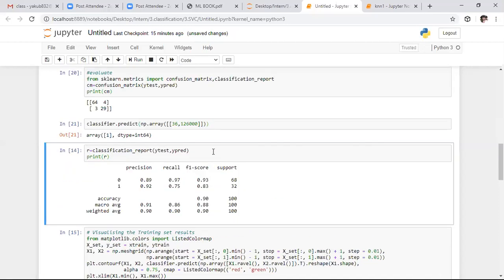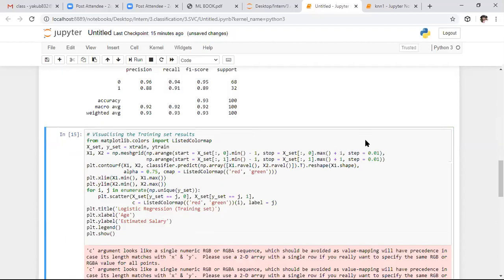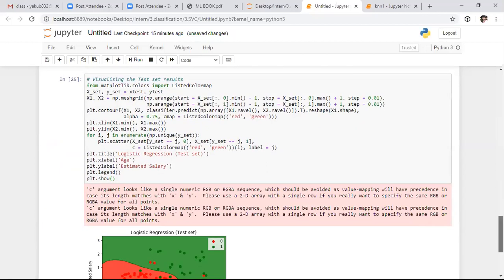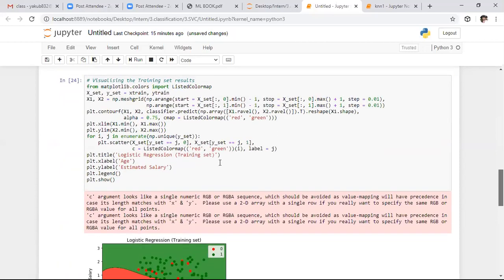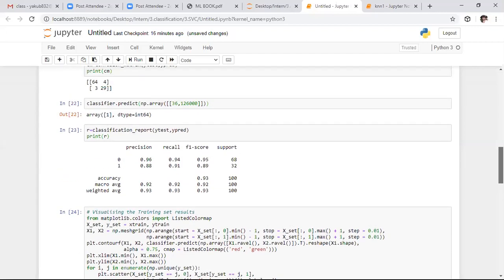If you observe this data set, here we are getting 93% accuracy. Previously we got 90% accuracy only, whereas if you use a nonlinear kernel, it predicts more accurately. Here it is giving 93% accuracy for our problem, for the same problem if you use a nonlinear kernel. Based on your requirement, you can apply any desired kernel.